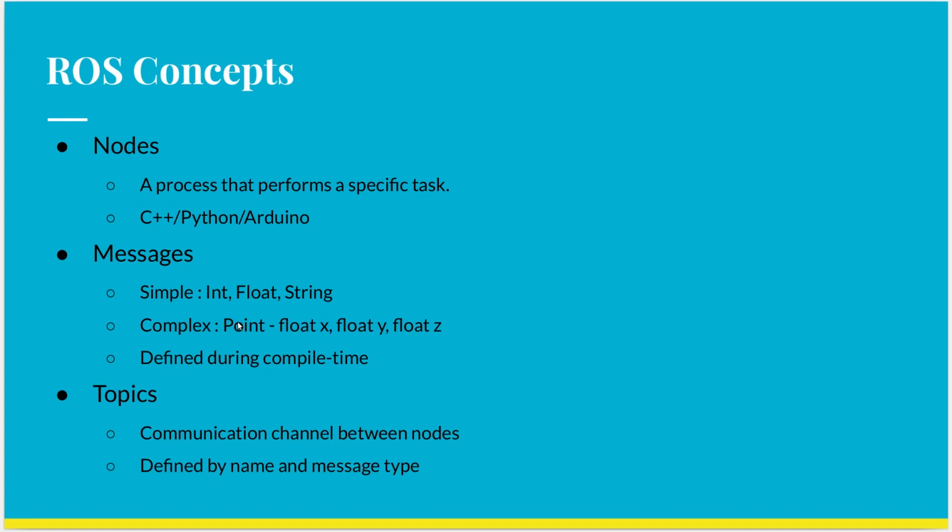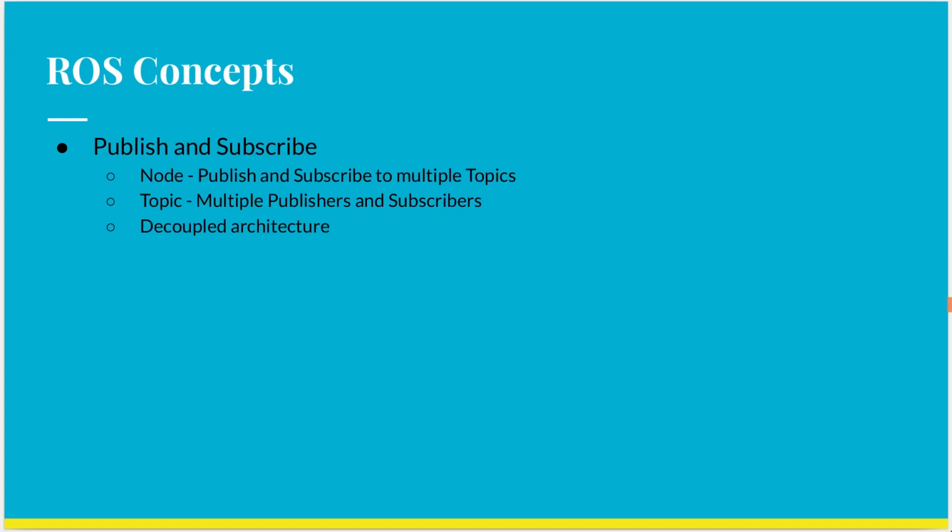So the next concept is a topic, which is basically a communication channel for different nodes to talk to each other. A topic is defined by a unique name and a message type. This means that you can only send a single type of message through a particular topic. The technique used by ROS to pass messages around to different nodes is called the publish and subscribe method. In this method, a node can either push a message into a topic, which is known as publishing a message, or it can subscribe to a topic and wait for a message to arrive on that particular topic. In ROS, a node can publish or subscribe to multiple topics, and a single topic can have multiple publisher or subscriber nodes connected to it.